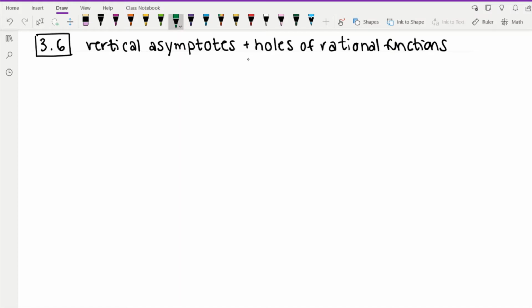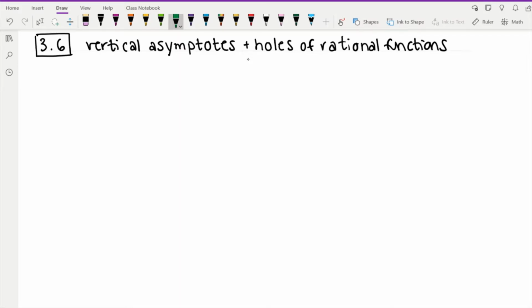Hi everyone. So in our last video, we introduced the idea of a rational function. And so in this video, we're going to be talking more about rational functions, and specifically we'll be focusing on finding vertical asymptotes and holes of rational functions. So the goal of this video will be to be able to look at a rational function, look at its formula, and figure out just from the formula, without actually looking at the graph, what its vertical asymptotes and holes